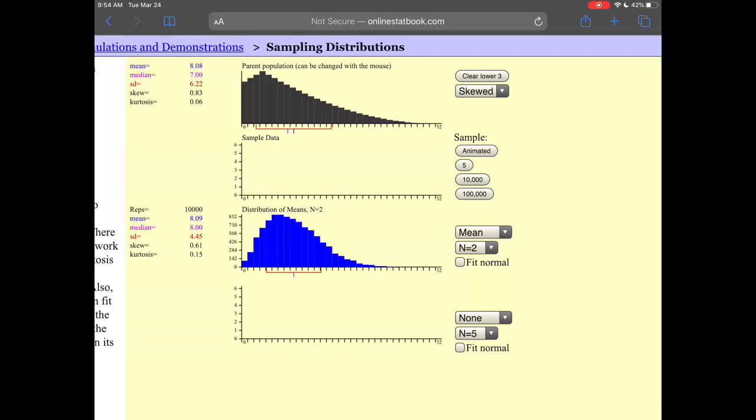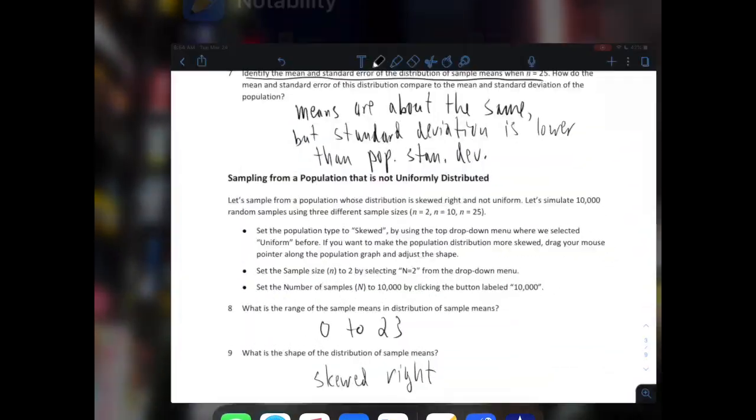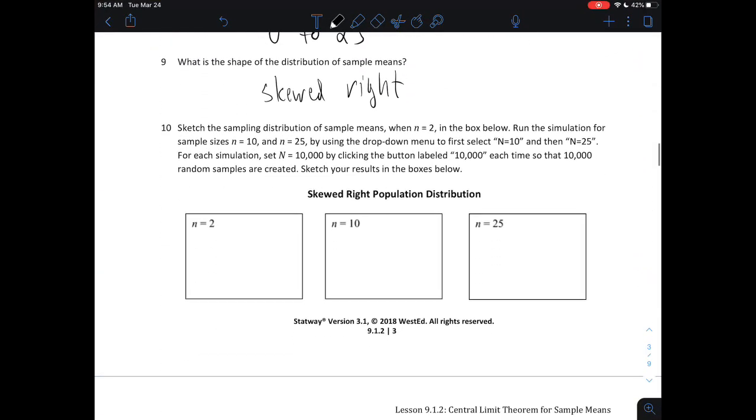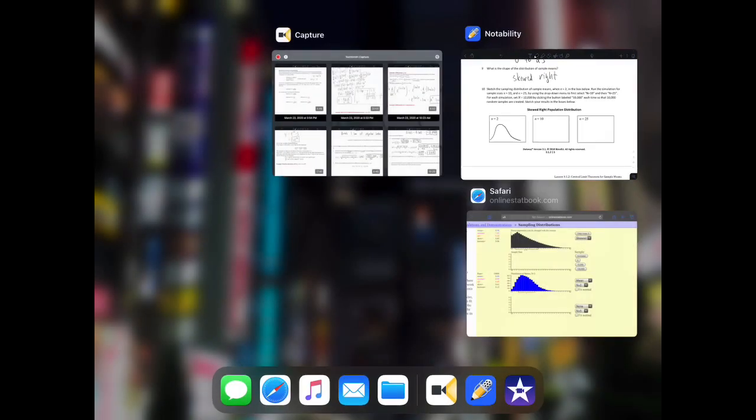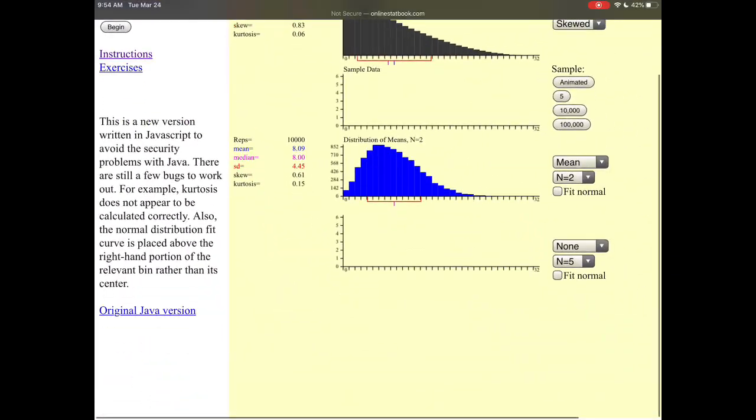So here we can draw the graph that we have for this distribution of means for n equal 2. Let's keep in mind that it's got a wide range from 0 to 23, and that we should expect what we saw happen before. When the sample size increased, the distribution gets skinnier, so we should try to expect that in our next 2 graphs. So my first graph, something like that. Now let's go back to our website, change the sample size to 10,